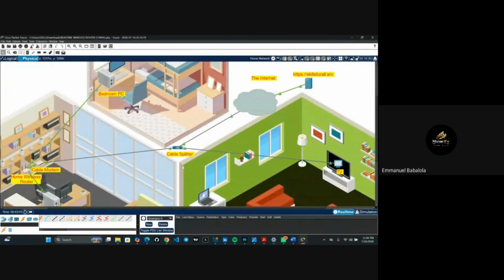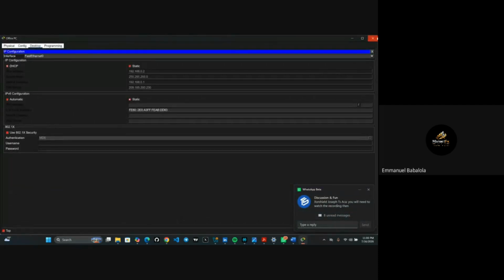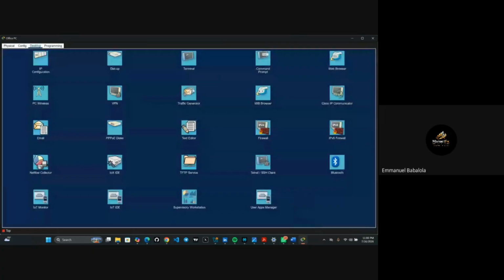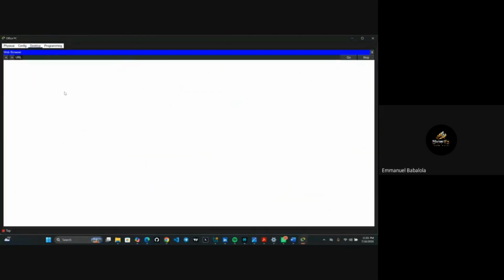So what they are saying is that go to your office PC. Then go to what? They say web browser. Click on web browser. Let's just make it quick so that we won't take much of our time. Okay, this is it. Then type the default gateway IP